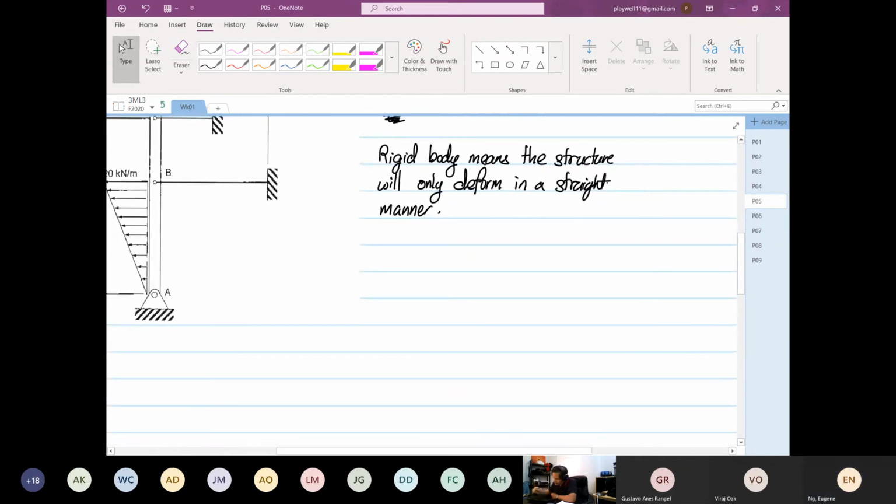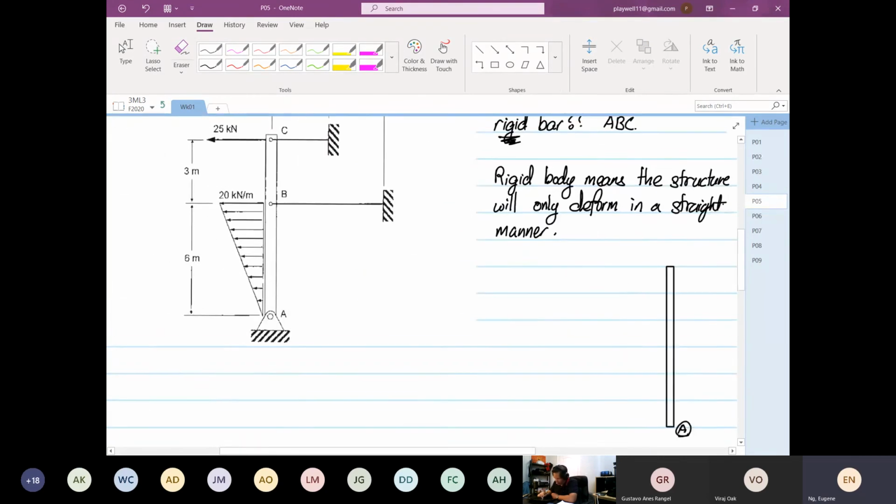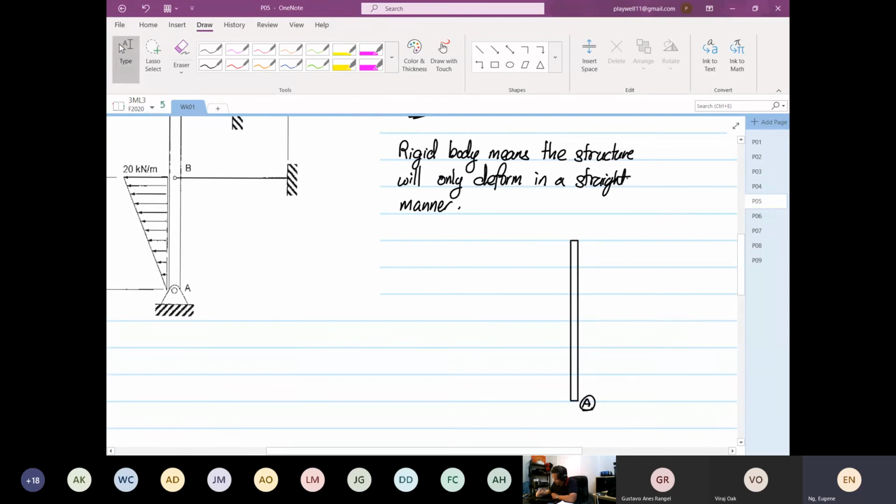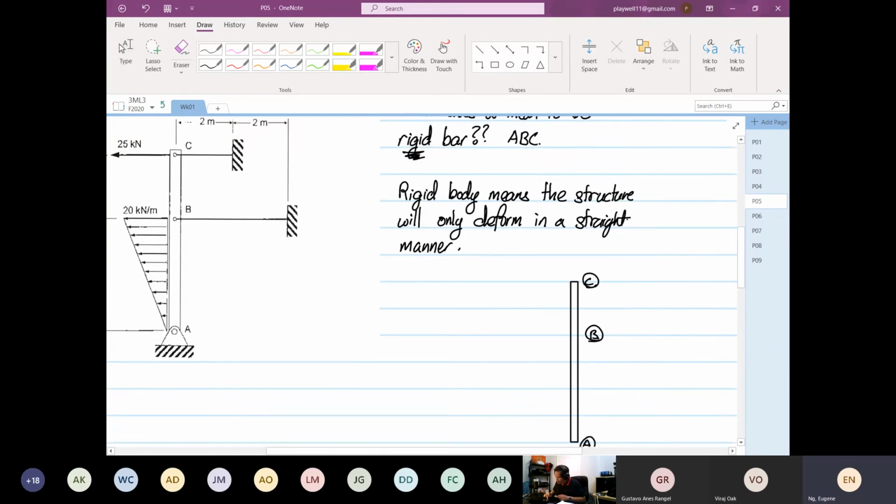So this is our member. I'm going to draw our member A, B. The B dimension is 6 and 3. And this is C. So when the structure deforms, the structure